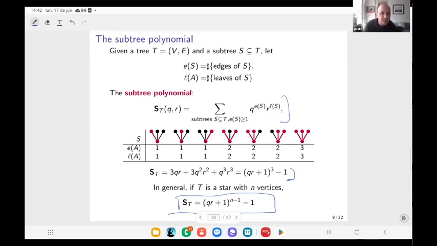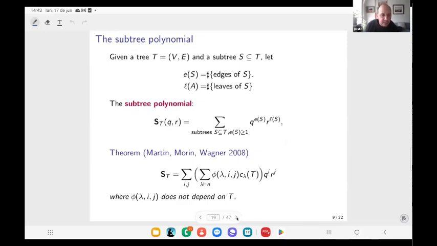Where do I put? Yes, it should be S instead of A. That's a typo. Thank you. And here as well. So the thing is that Jeremy with Jennifer and Matthew, they proved in 2008 that actually